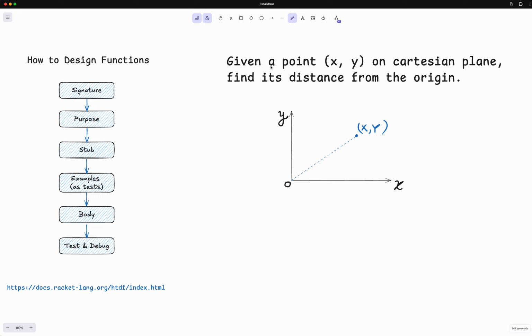And the problem we are going to design the function for today is that given a point x, y on Cartesian plane, find its distance from the origin. So what does that mean? If we have a point x, y, we want to find the distance d from the origin, and that distance d is given by